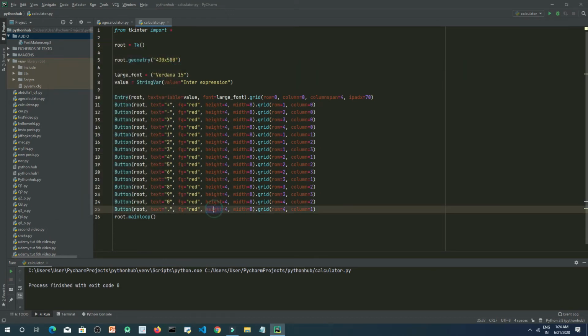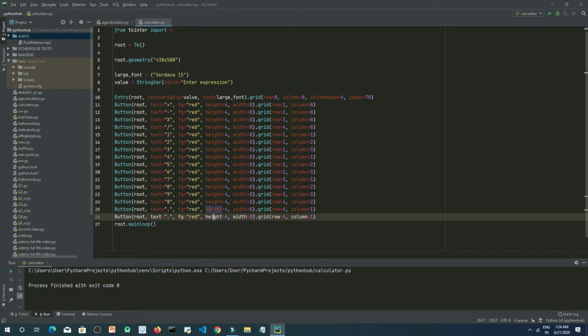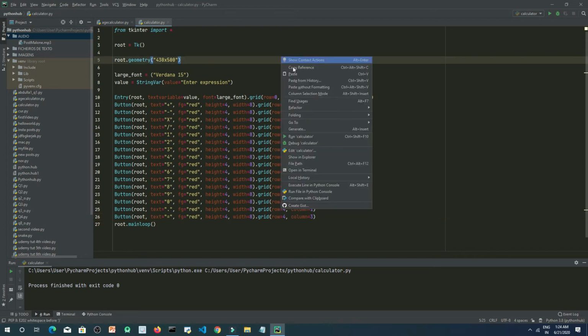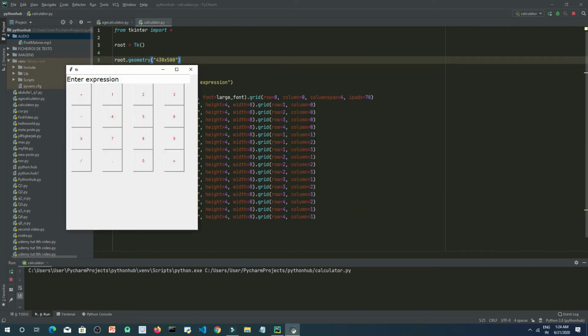So now let's create one more button for the equal sign, right? So we will place it where? We will place it in the same row, but in the third column. So now let's run again, and as you can see we have the equal sign.